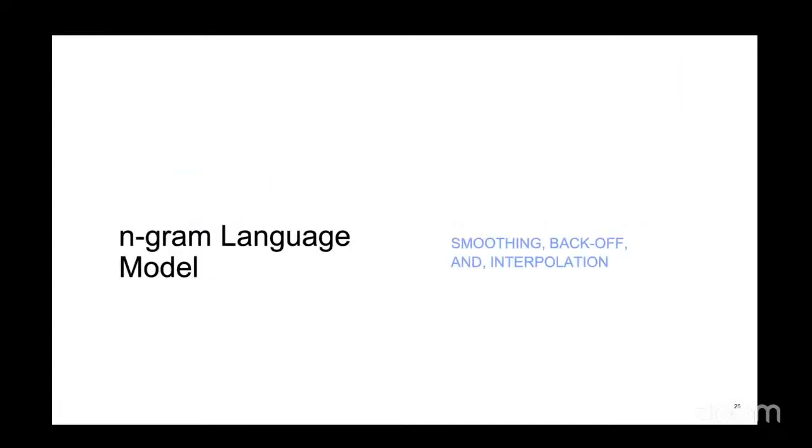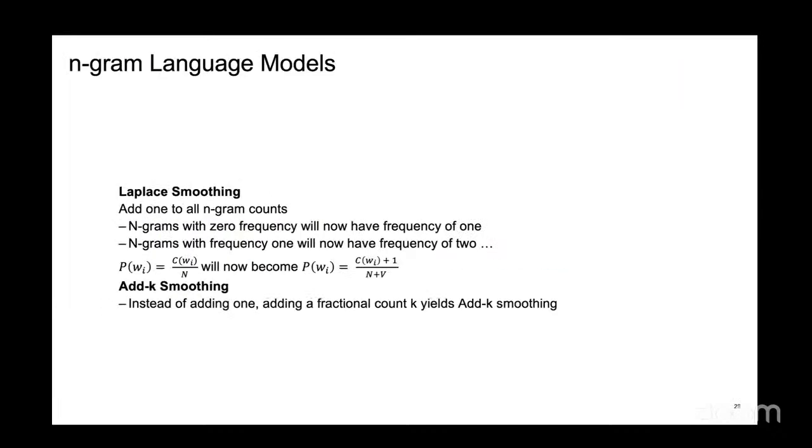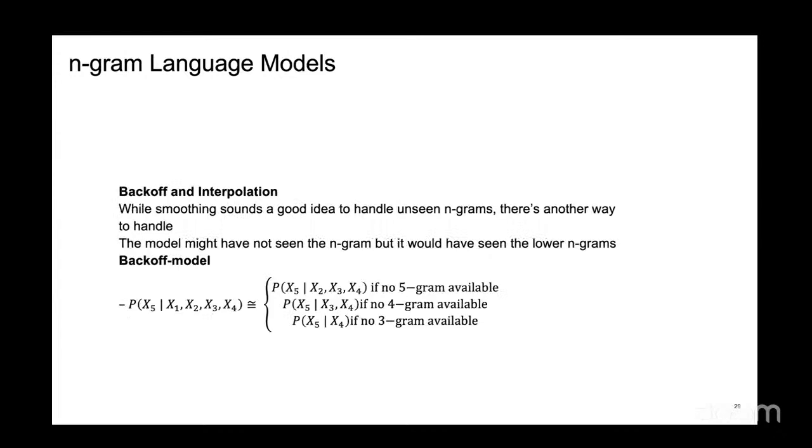So like I mentioned, people wanted to handle this. The simplest way is that if I am seeing a sequence of 5 words and I'm not able to find the 5-word probability, I use the probability of the 4 words. So if I have a pentagram and I don't see the pentagram, I go and calculate the probability of quadgrams. If I don't see the quadgrams, I go and look at trigrams. If I don't see the trigrams, I go and compute based on the bigrams.